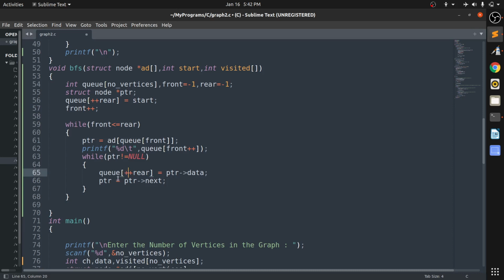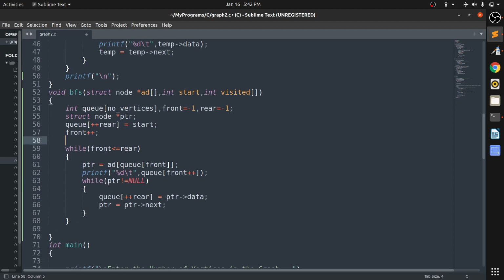Okay, we are adding a new element, so queue of rear is equal to ptr of data, so it will add all the data. Again it will come to this. Okay, data is added, so the queue is not empty. Then again it will take the queue of front. Now queue of front is printed, deleted. Okay, in this way it will work.